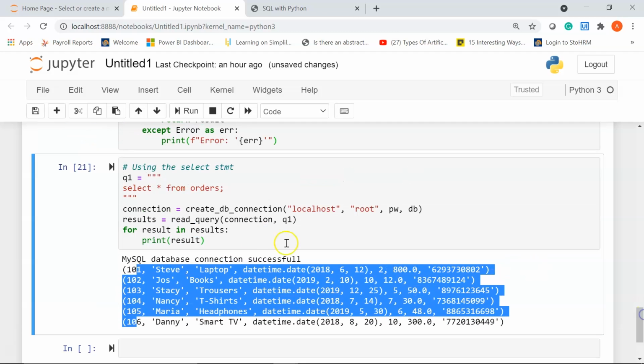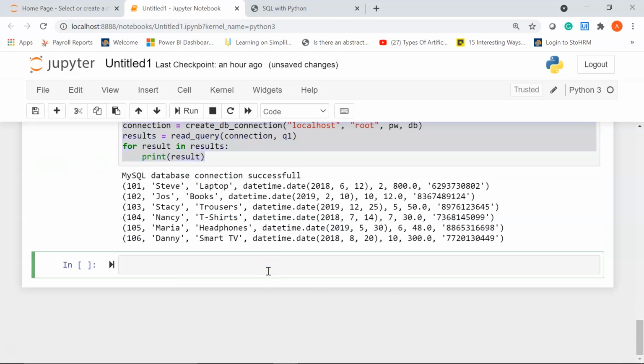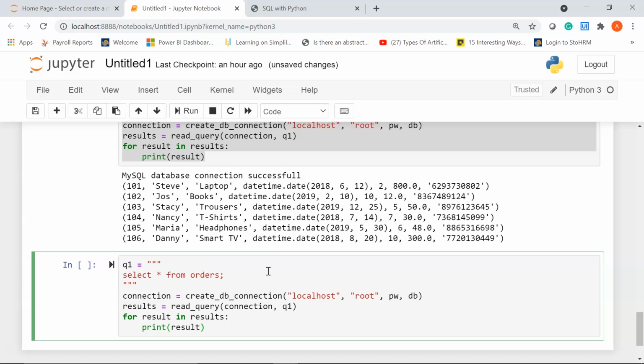Now we are going to explore a few more queries. Let me copy this and edit the same query. I'll paste it here. Next, let's say you want to display individual columns from the table and not all the columns. So let me create the variable q2. Now instead of star, I'm going to display only the customer name and the phone numbers of the customer, so I'll write phone underscore number.